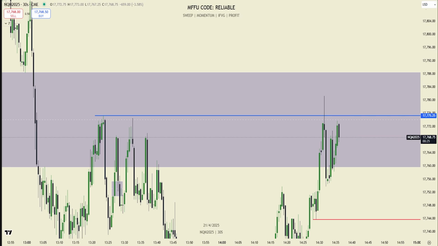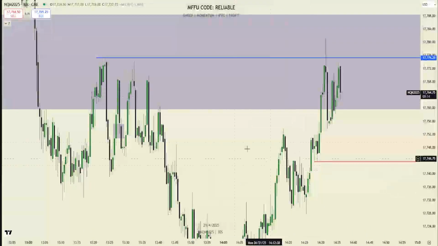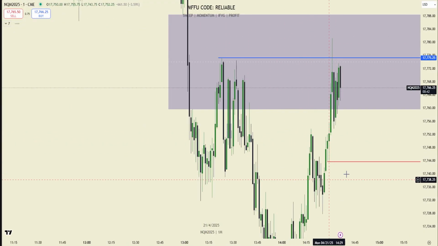Worst trade setup, obviously. I mean, bad momentum. You know, we swept out buy side. We have an SMT, so this is like a B setup as far as longs go. You should be in from down here on the 1 minute.